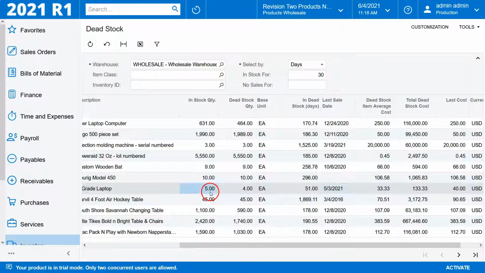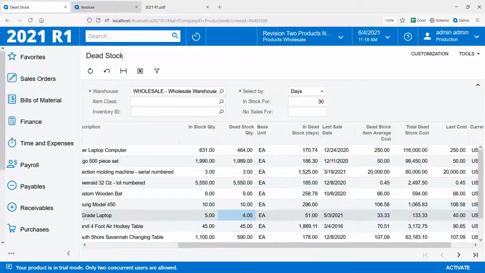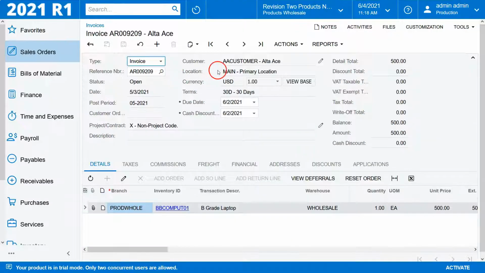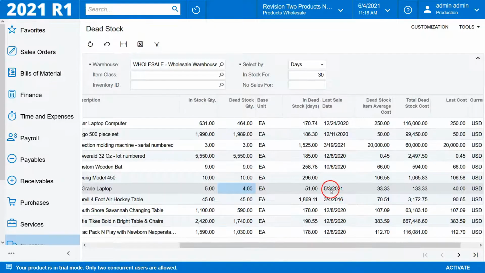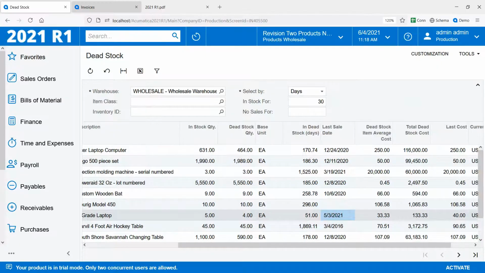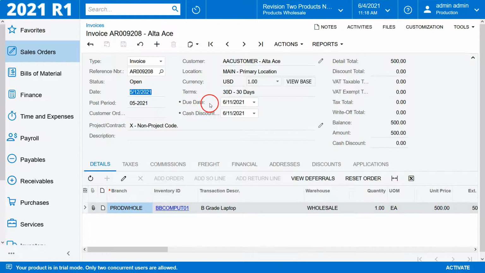Now you can see I've got 5 in stock, 4 in dead stock, and if I go up here to the invoices screen, you can see there is that May 3rd invoice. Now this is the invoice that's getting counted, but I actually did an invoice before this, back here, that was actually May 12th. Now you would think that since May 12th is more recent than May 3rd, that should be the last sale date. But it looks like what it's doing is it's only looking at invoices that were generated